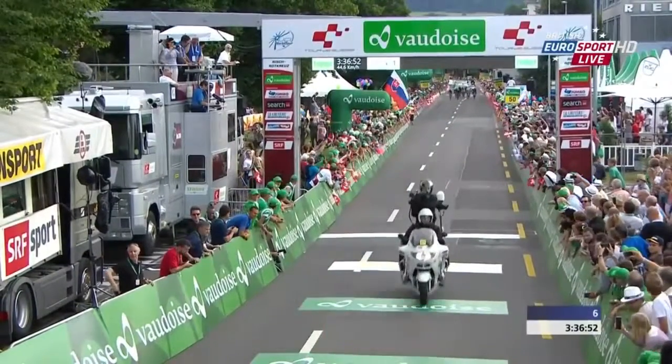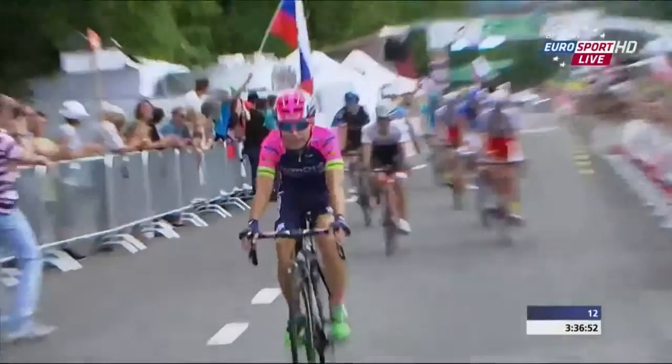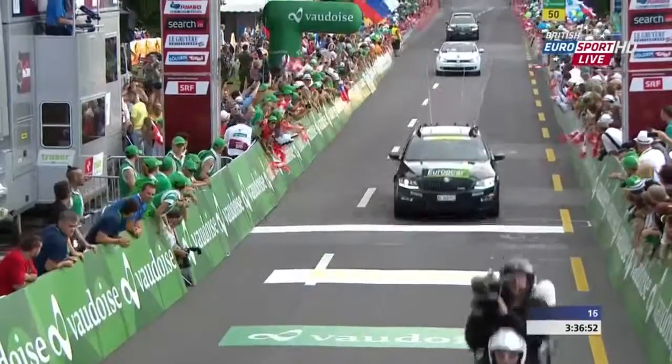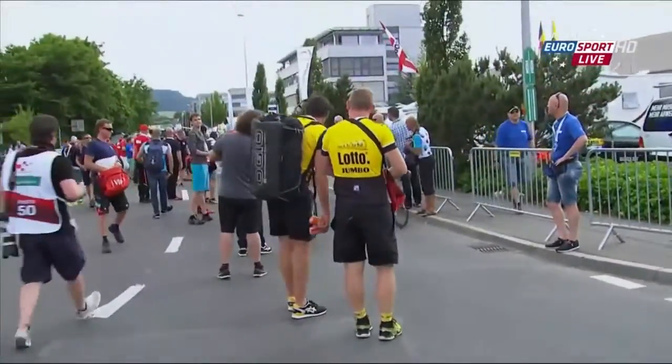And it looks like Danny Moreno took second from Arredondo. But look how close the group behind was, so there wasn't much of a GC gain from those riders. Still, huge gaps on the road, and this stage is delivered as promised. It's Christian Jurasek that takes the victory. Well, what a